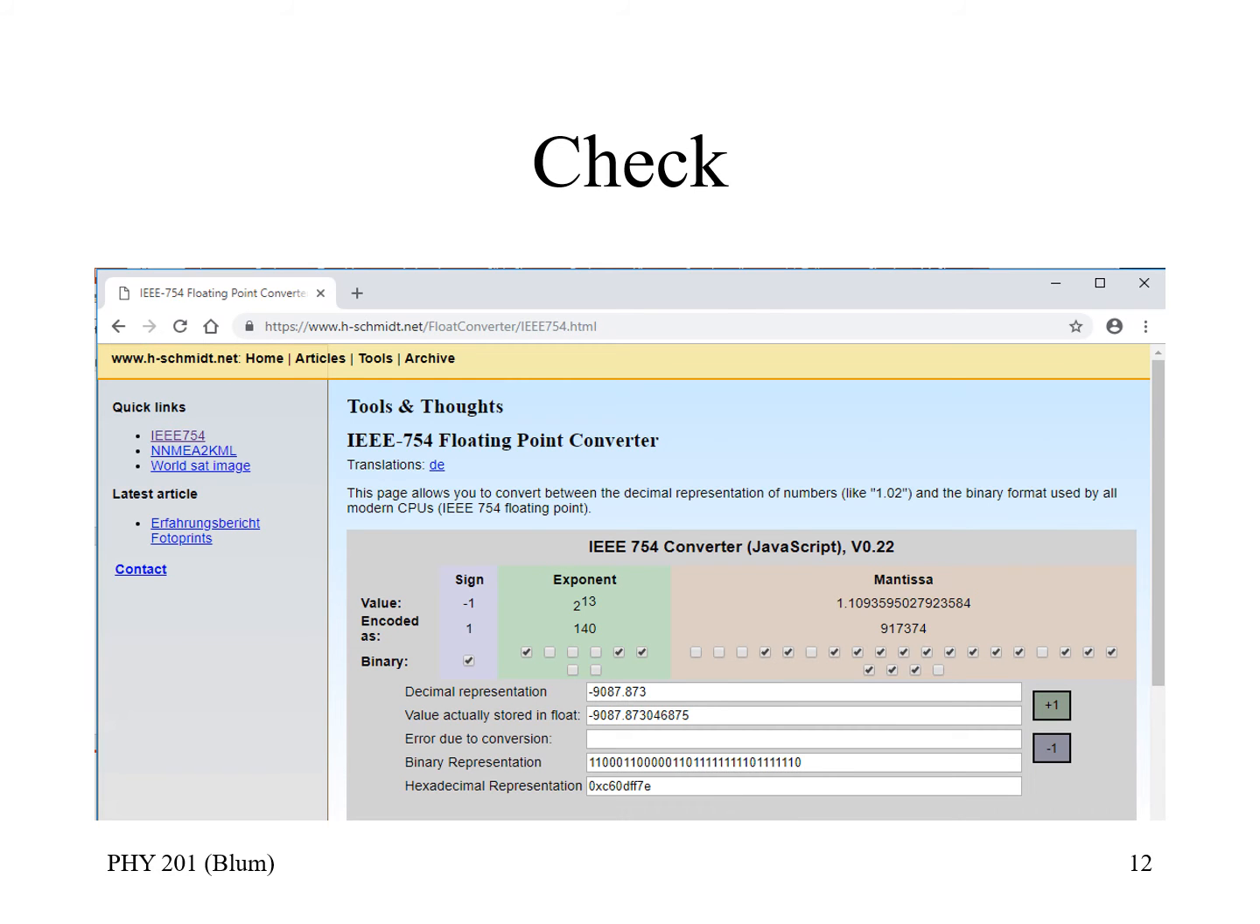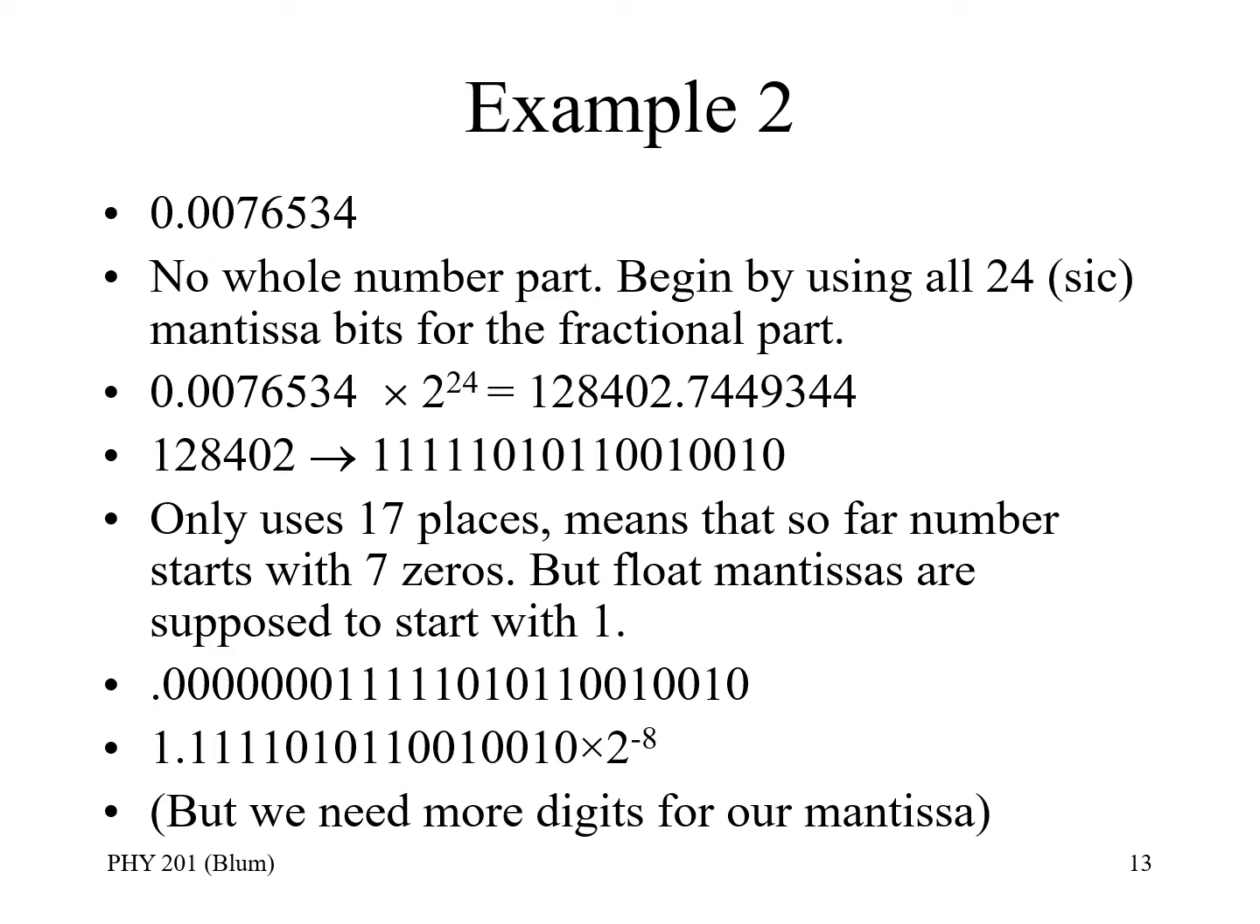We're going to the website with the converter, and we're putting in our found float. So our sign bit was 1, our exponent was 1000 1100, and then our stored mantissa started off 00011, etc. And we see that the decimal representation is minus 9087.873, close to our starting number. So let's, in our second example, consider a number that is less than 1,